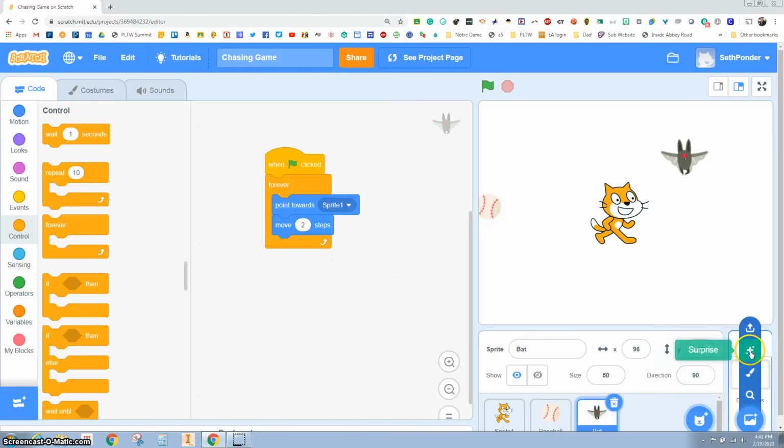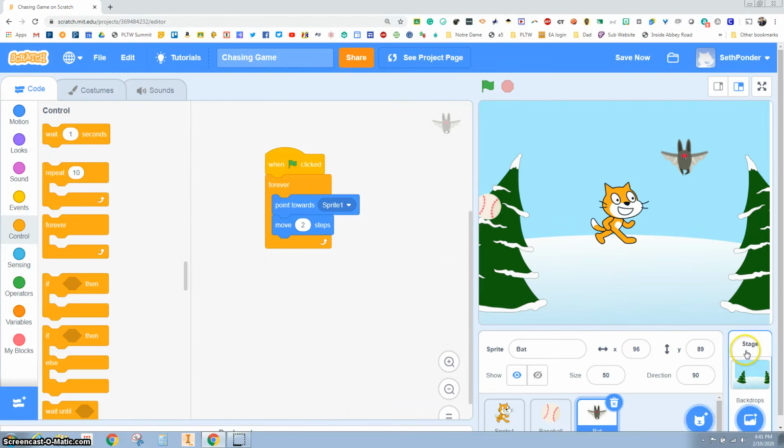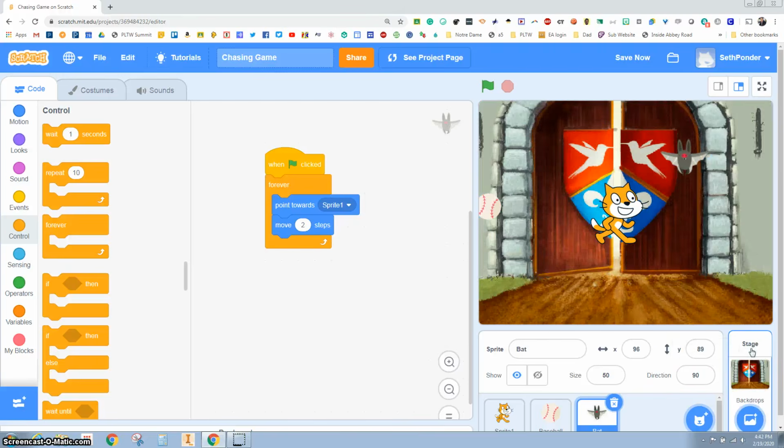All right, one thing I want to do is add a background. I'm just going to hit surprise. Okay, that doesn't quite make sense, but what about this one? Maybe a little bit more sense. You can pick your own. You can pick your own sprites. One of the last things we want to do is